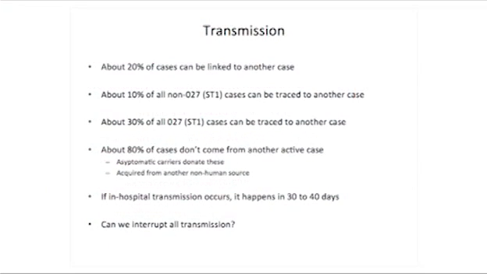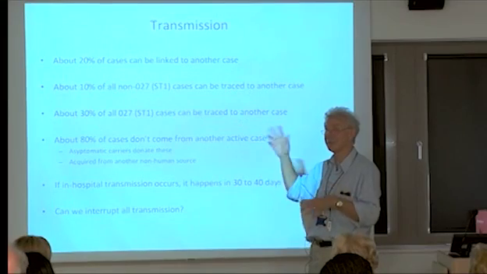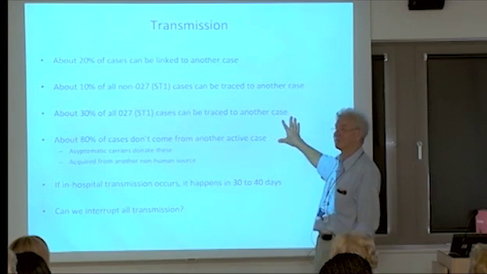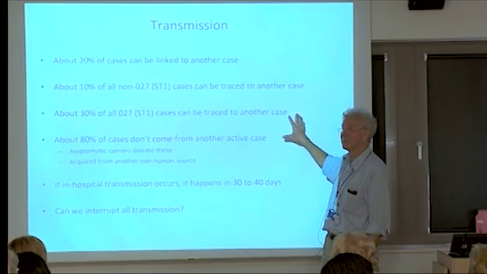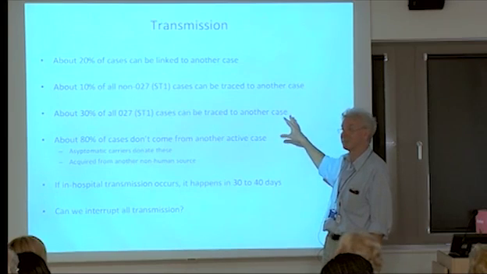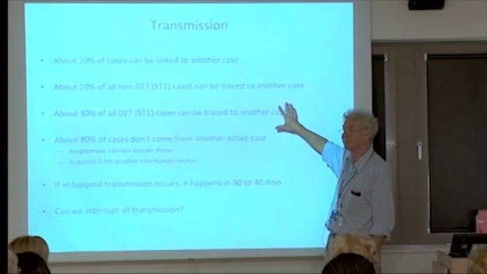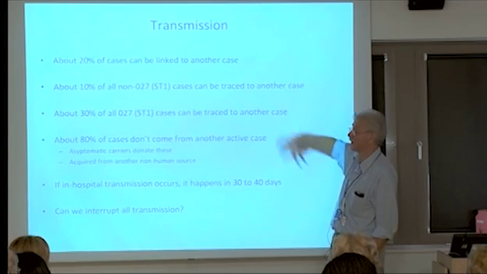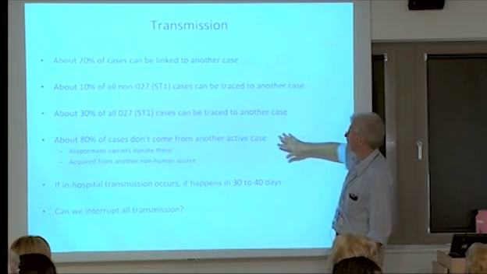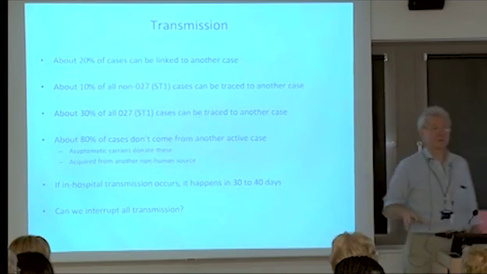Okay, so when you do all of this, only about 20% of cases can be linked to another, and this Rhodesian Ridgeback is 30 to 40%, and that just had a huge hospital explosion, and since then all that transmission is diminishing and going away. So there are different phases to this, and we have to think about how you manage that. So if you get one of these that comes in that's very successful, one of those pedigrees that's got something special about it, you have big problems. And the genetics shows it, and we've got a database to mine and show it. But what is interesting, about 80% of people, we can't find the donor.